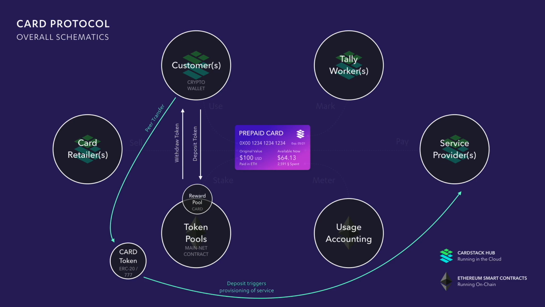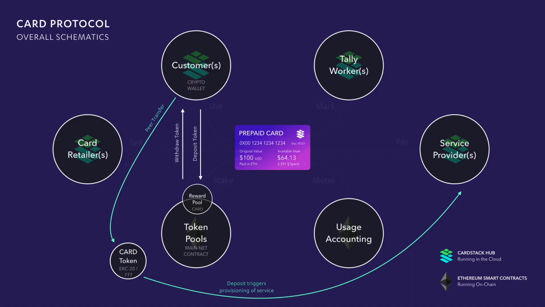In America, we tip waiters and waitresses, and sometimes they pull their funds together and put the tips inside a jar. That's what the reward pool is like. At the end of the night, after the end of the shift, they determine, based on some usage accounting, what portion of this tip jar, or this reward pool, each person gets. That's the basic idea. It's a way to not have to do the transaction, making changes and giving coins and providing things. It's just pulled together and we delay the settlement. So that's the first idea of the reward pool.